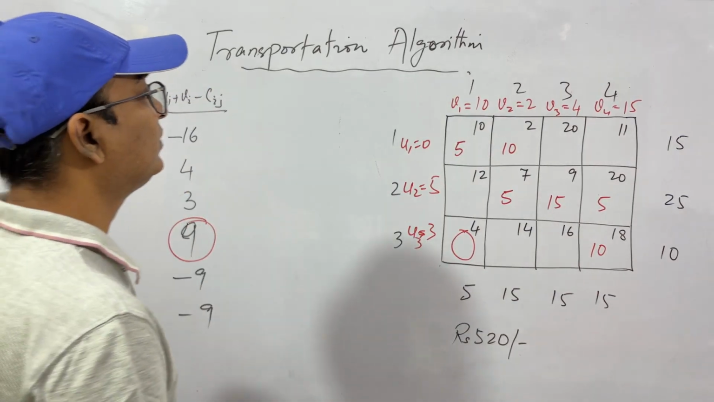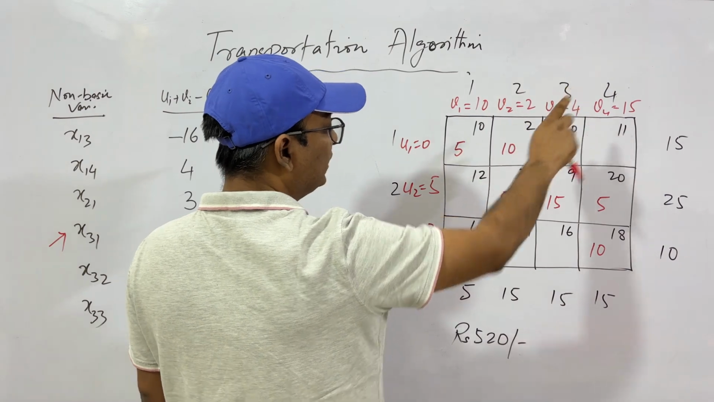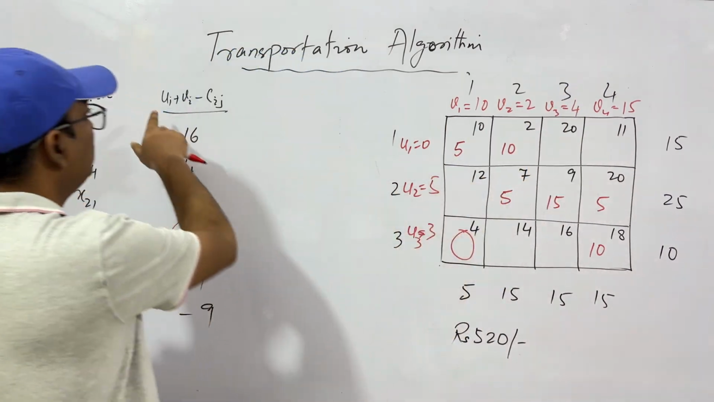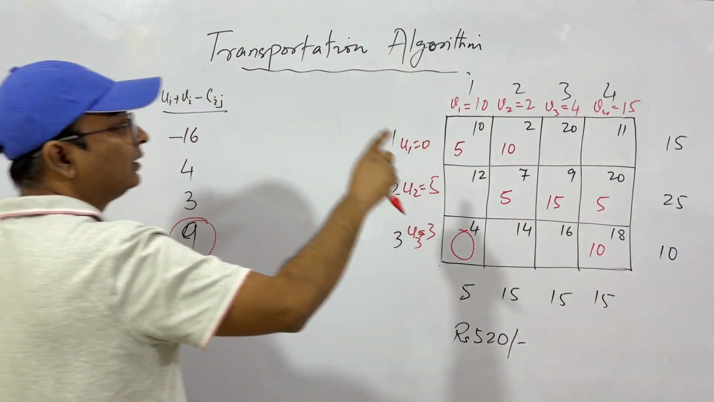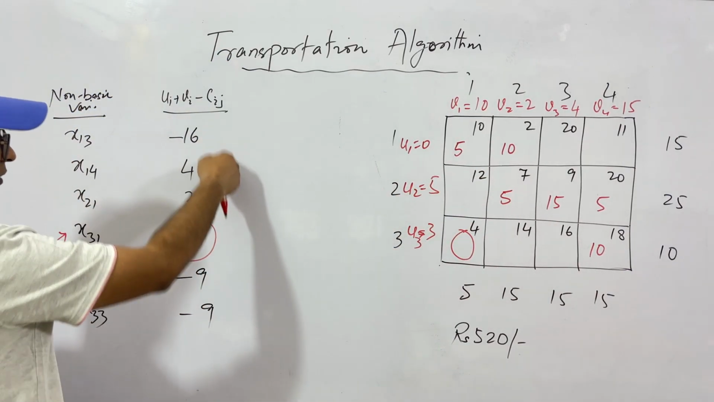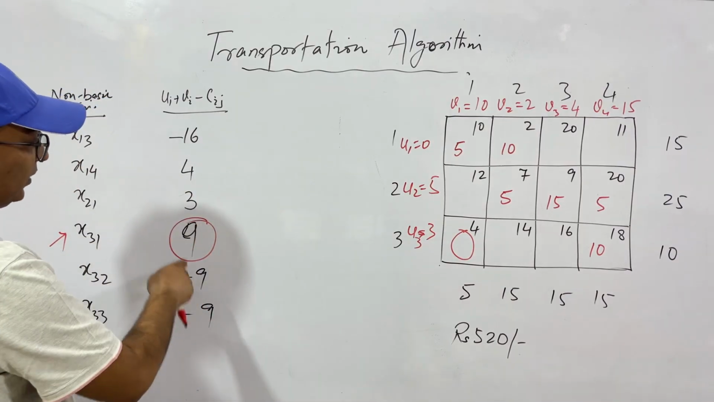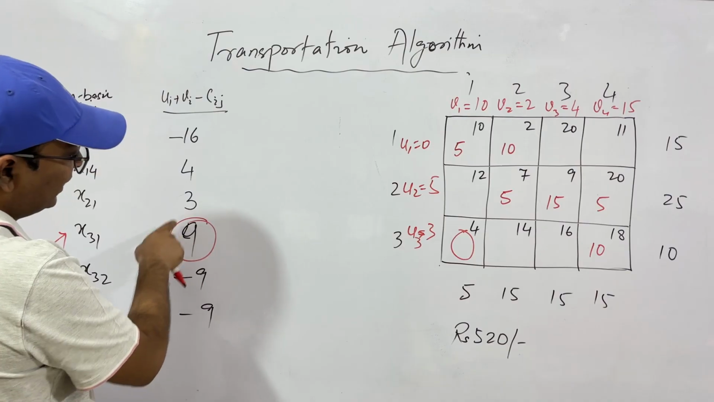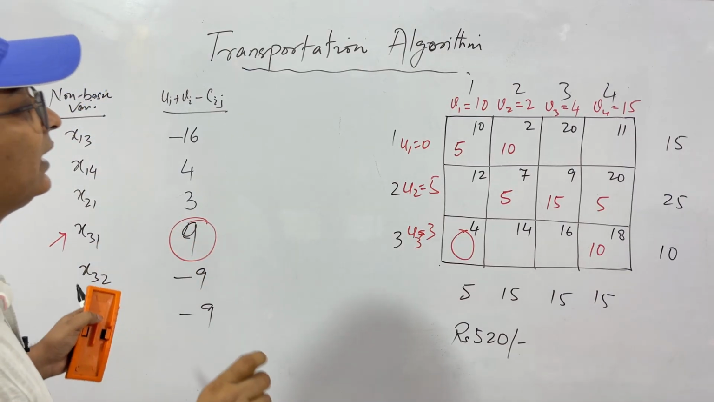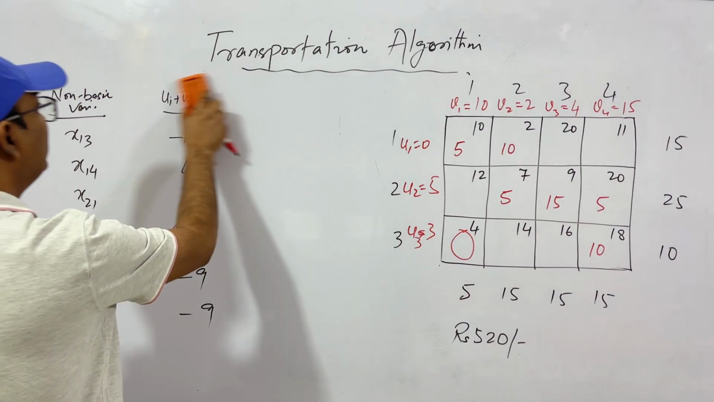So up till now, what did we do? From basic variables, we found the values of u1, u2, u3 and v1, v2, v3, v4. Then for non-basic variables, we found ui plus vj minus cij. So these are the values. The value which is the largest positive value. If we would have got all these negative, then it means the solution is optimal. It's not. We have 3 positive values. So the highest value, that is the entering variable. So up till now, we have identified the entering variable. Okay. Now what will we do? We will find the